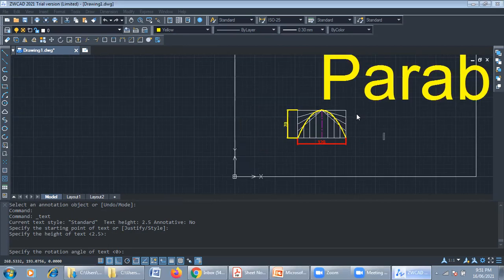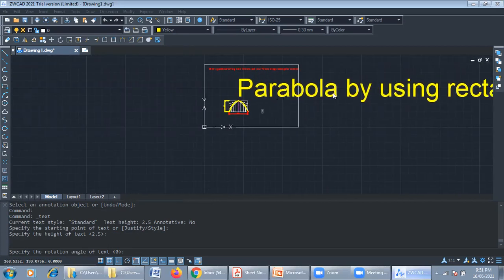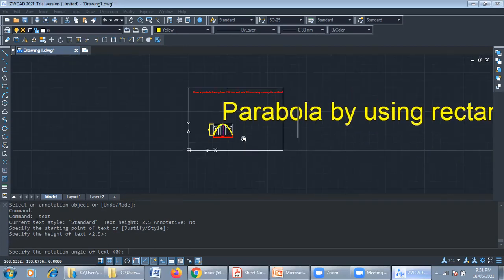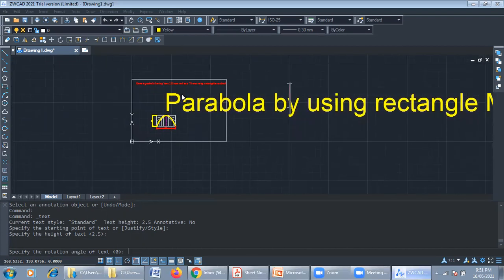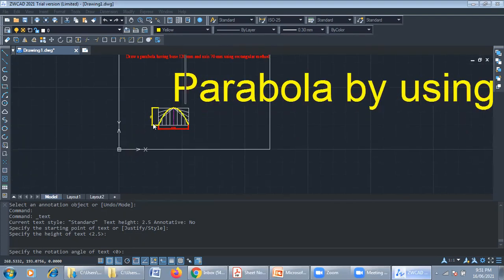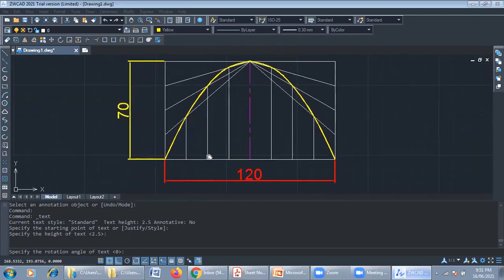Students, I hope you understand this problem. So simply follow whatever the construction is. By using this construction, you can make the changes in your drawing and draw the construction. This is the way you can complete the problem in AutoCAD.